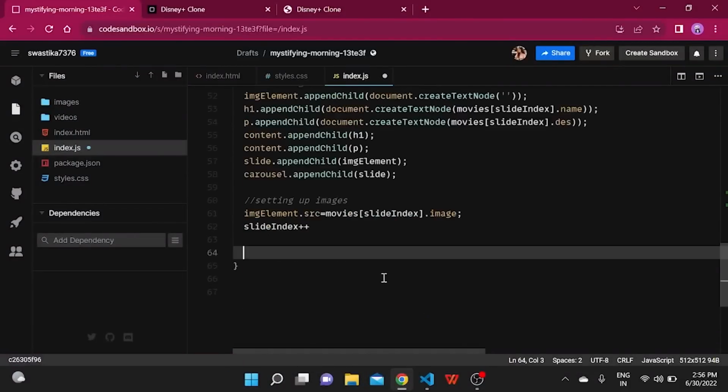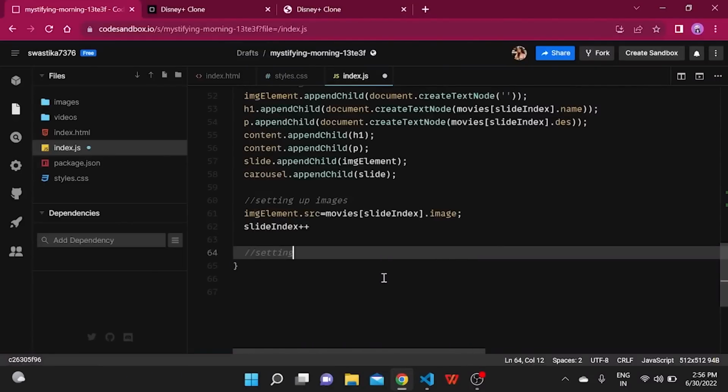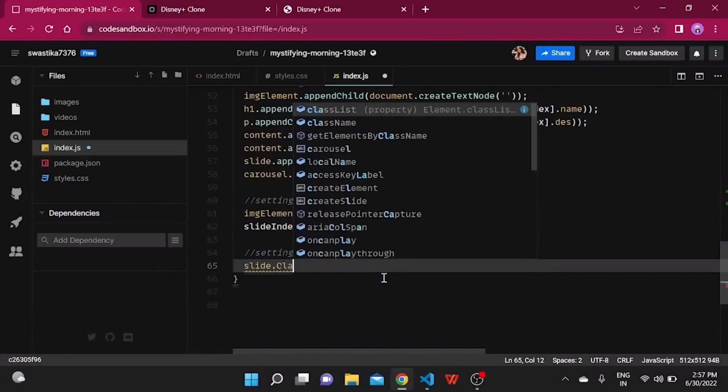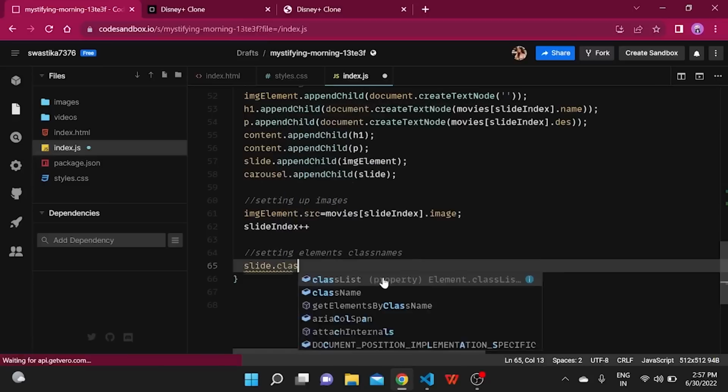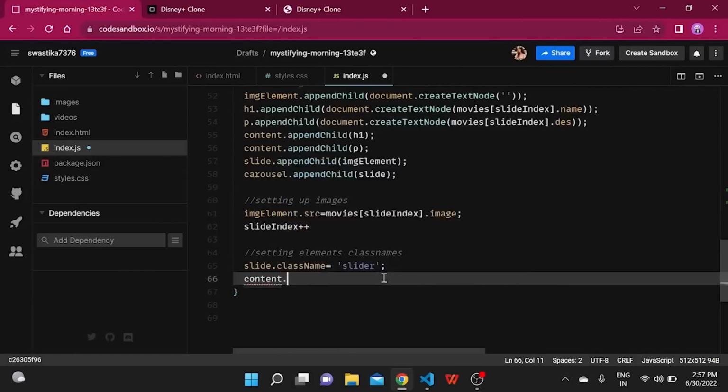Next up, we'll set the class names for the elements that we created in the style.css file. For this, we'll set the exact same names that we have used in the classes inside the style CSS. So I'll write that we are setting up the element class names here, and they should be exactly the same as we have used in our CSS. So we'll use slide dot class name is equal to slider, content dot class name is equal to slide content,